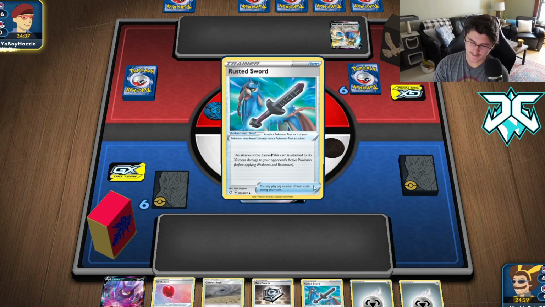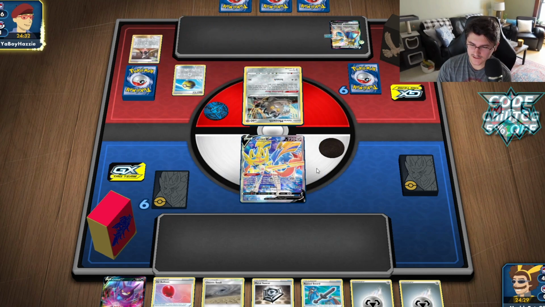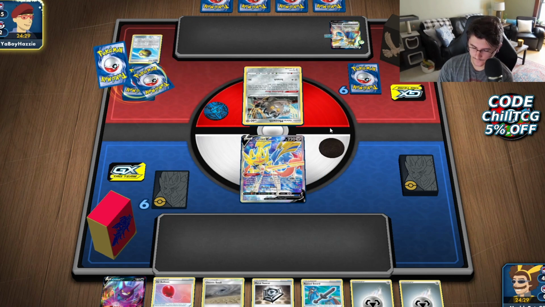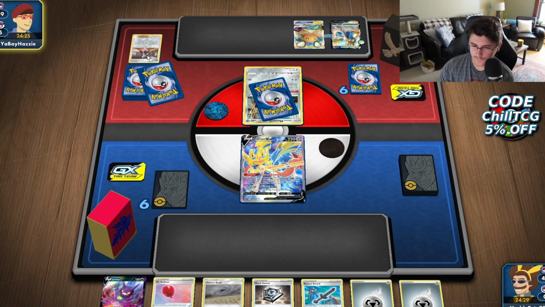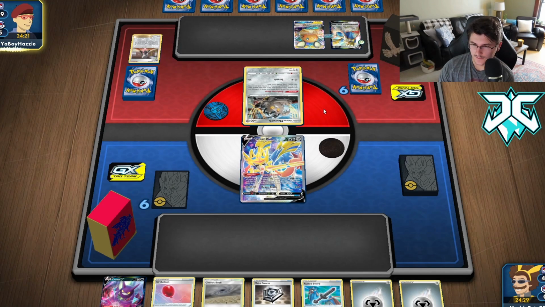Okay. He starts with Perrserker. He's going to attach Rusted Sword. I don't think that's actually needed at all in the matchup, because we're just KOing each other. But he doesn't know if I'm running ADP, right? So I guess that's smart. He's going to Dedenne away his hand. He gets rid of Skyla, Marnie, and a switch, I think. So let's see if he even...